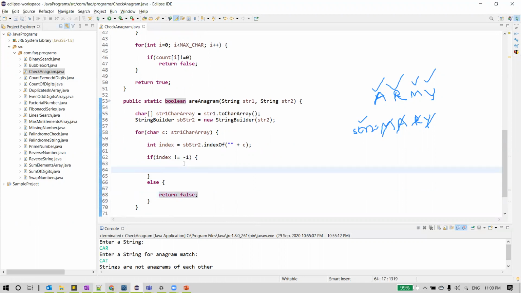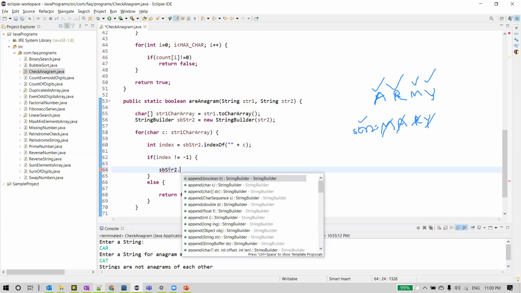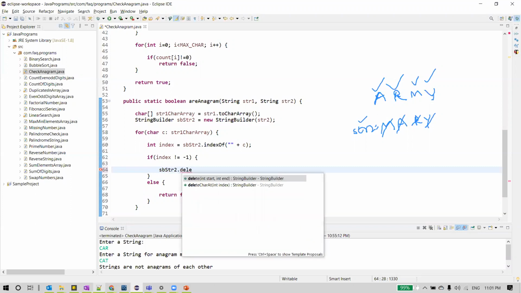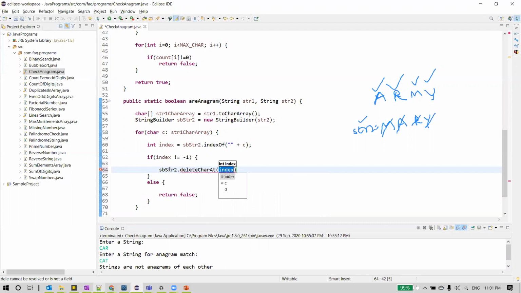If index is not equal to -1, then we can say that the character exists, and we want to delete it from the second string. Dot, and for that what we are going to use here is deleteCharAt index. Index is index.